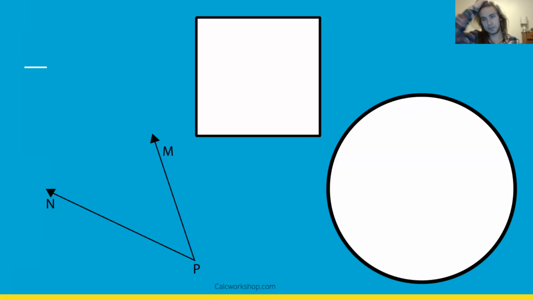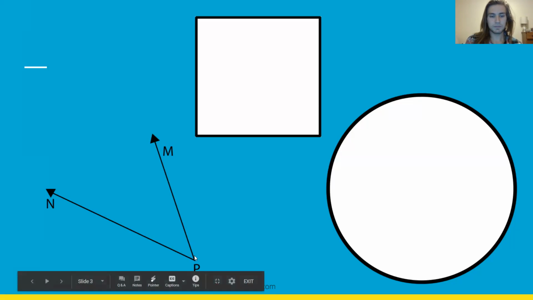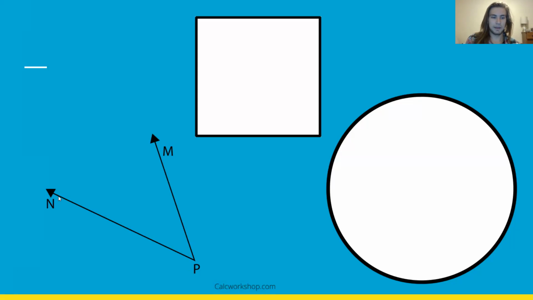So let's look at these pictures here. Now, which of these do you think is an angle? Yeah, that's right. It's going to be the bottom left picture here. As you can see, there are two rays in this case that converge at a point here, that converge at the vertex P. And you can see the other points are labeled M and N. So we would name this angle MPN